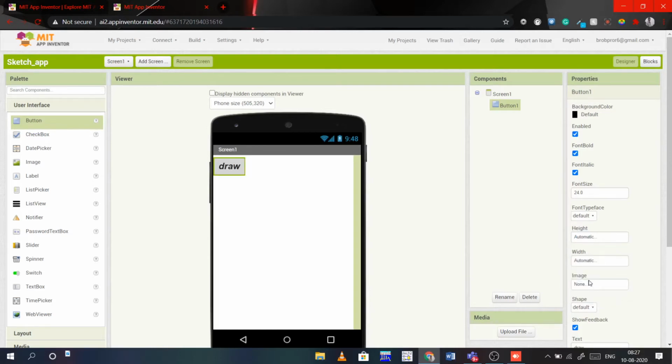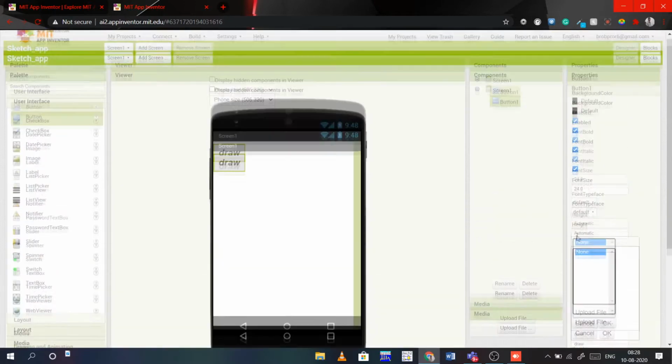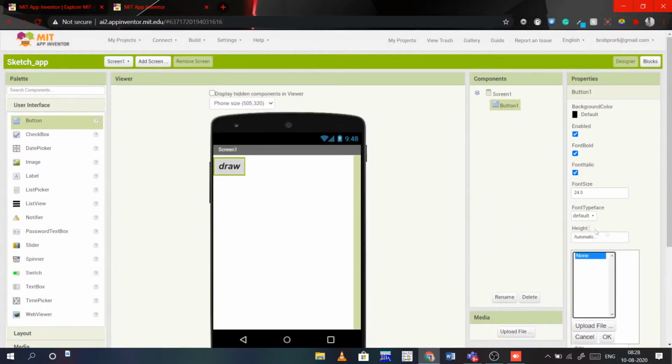Next thing is an image. You can also import some images to appear over here. Choose files that are suitable, because if you use a large size, sometimes the image gets cropped. So it's better to check the dimensions of the button and choose a respective image.